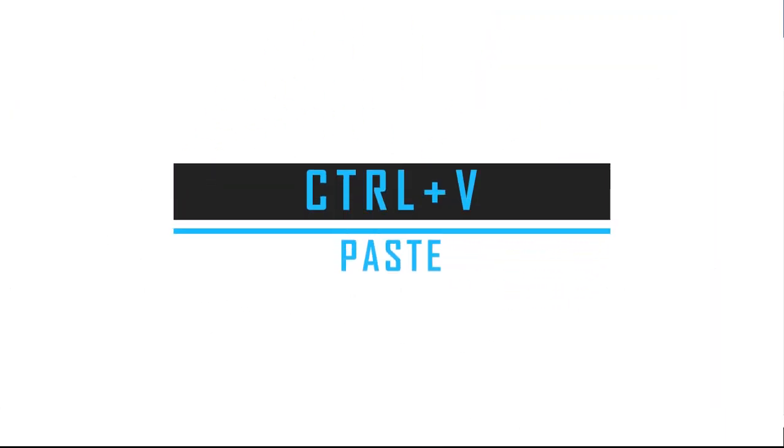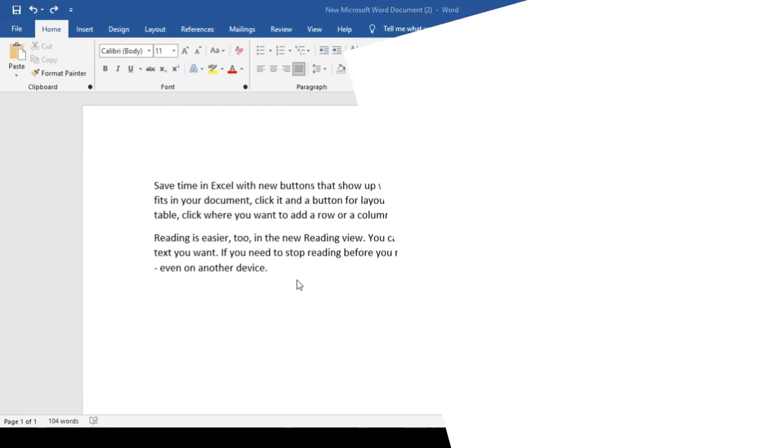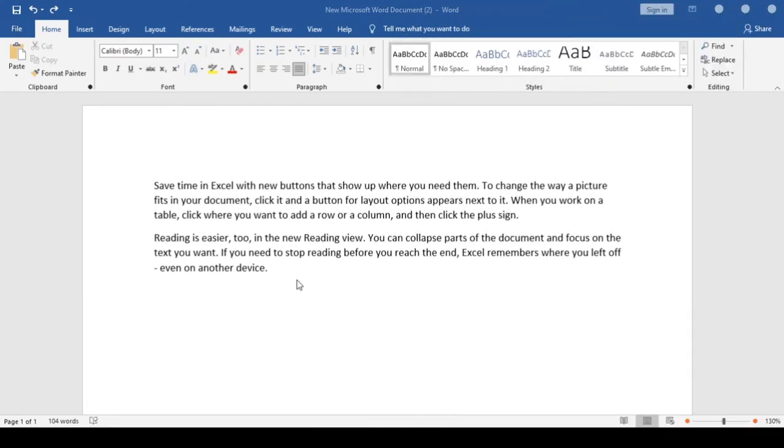Our next shortcut is about paste. What is meant by paste? Paste is a command that allows you to insert data from the clipboard into an application. Once the clipboard contains data, you can paste the saved data into any supporting program. The paste command is most commonly used to copy text from one area to another. Let me show you that in MS Word.